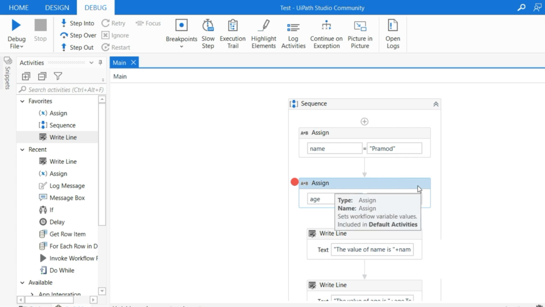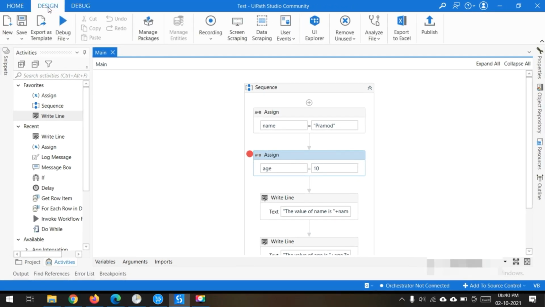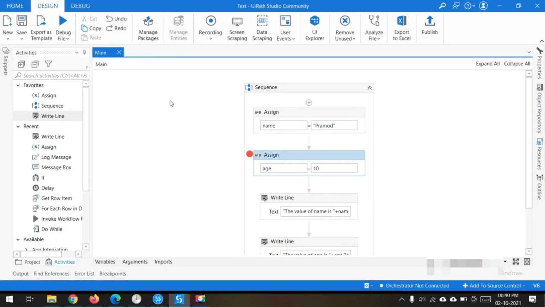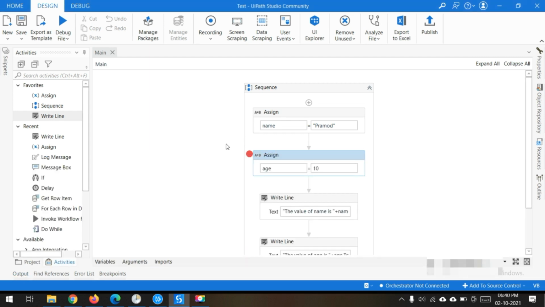Now I have the breakpoint, and if I run the application from the design tab using run file, you will see the program executed and it shows the result, no change. So this breakpoint doesn't affect the total execution and the output. Now if I want to take the benefit of the breakpoint, we have to run the application in debug mode.